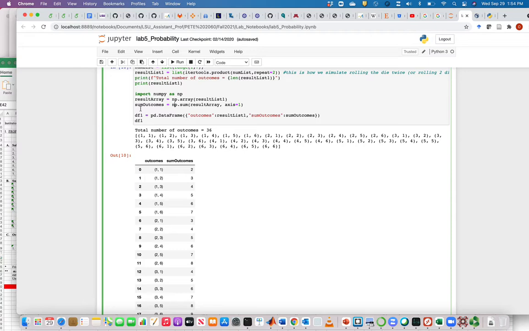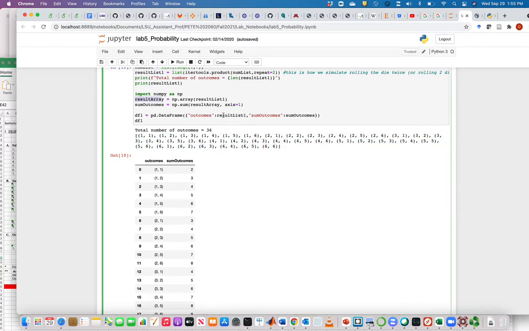And we then put that into a pandas data frame, and you need to be able to do this. We already did it in the last lab, and you will continue to do it for the rest of the course. So it's pandas.DataFrame, right? pd.DataFrame, note the caps in the D and in the F, and then you provide a dictionary, and the number of items, the key value pairs in the dictionary specifies the number of columns your data frame will have. The keys will be the column headers as shown here, outcomes, sum outcomes, those are the keys. The values will be the items you want to be stored in the columns, and here I want this data stored in the columns,